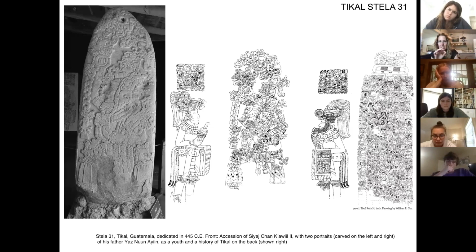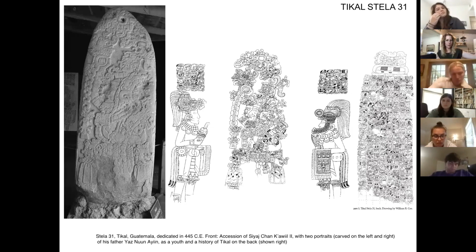This particular stela is so important because it really tells us the most history that we've been able to gather about the site of Tikal itself. It shows us the primary figures of succession. This is the son taking over from the father, and then on the back we have a story of this son who's taking over, and it would say something like Bird Jaguar, which is what this guy is known as. Bird Jaguar is taking over for Bird Jaguar the Senior, who is known for his great exploits in X, Y, and Z. And from that sort of heroic tale,